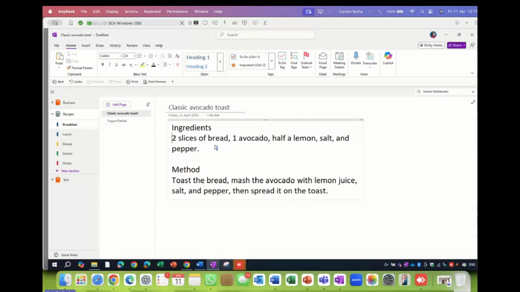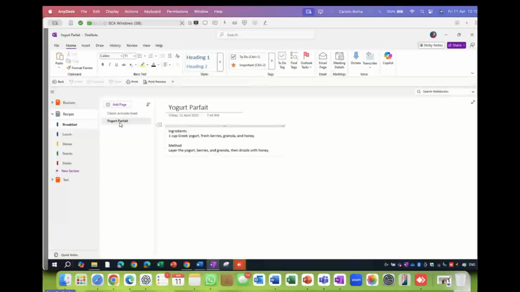I asked ChatGPT for some recipes because I am not a kitchen girl. You need 2 slices of bread, 1 avo. This is very basic. I'm pretty sure I'll be able to do this. And I can also put in the method. So this is my recipe. Yogurt. This is not a OneNote template or anything. OneNote yogurt parfait. There are the ingredients, and there's the method.